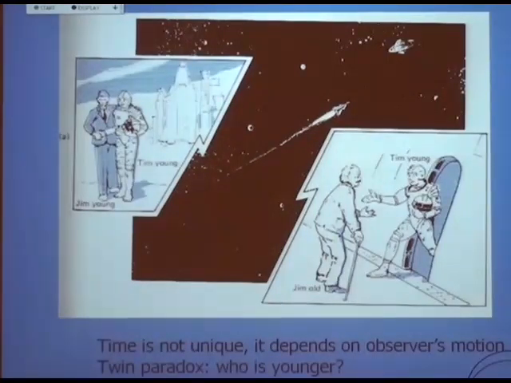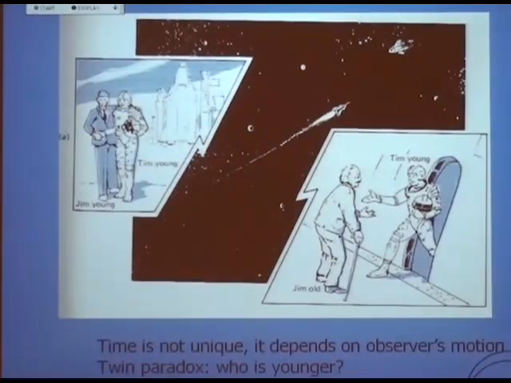And the reason is that it is possible to tell who's moving, in this case, and who's not moving. Because in order to go to Sirius, he has to accelerate. And when he accelerates, he falls back, and time changes for that also. And then, in order to turn around, he has to come to a stop, and time changes there also. And in order to come back, he has to turn around and accelerate. And the guy on Earth is not doing any of these accelerations.